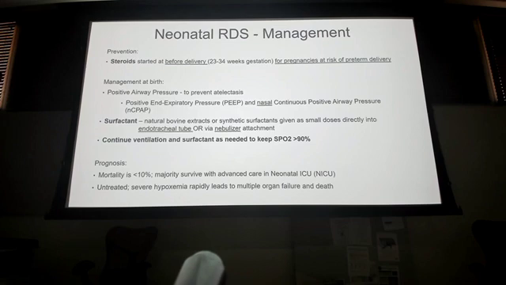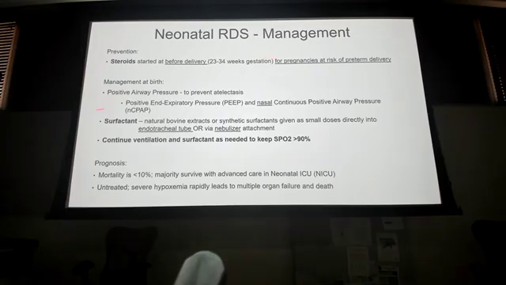So you may see that in your OB rotations or in the ER. Pregnant woman comes in, they're before their due date, right, low gestational age. They may give them steroids in the hopes that if this baby is born early, they have a fighting chance because now we're kind of progressing their lungs a little bit quicker.